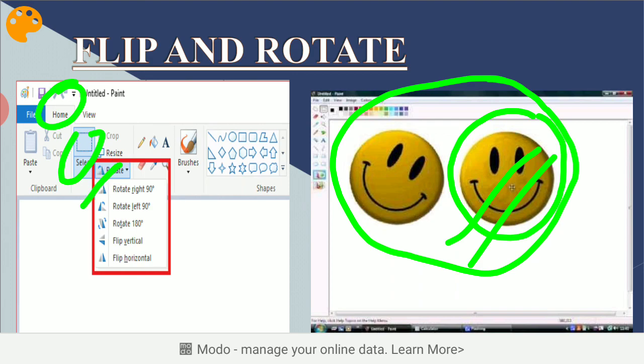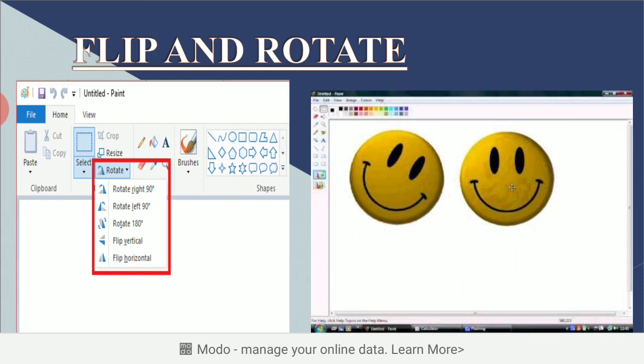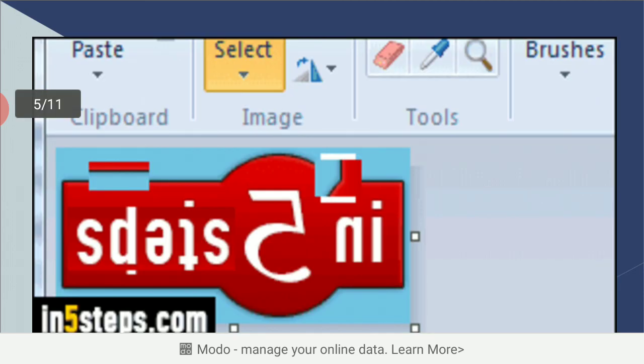You can rotate right 90 degree, left 90 degree, rotate 180 degree. Okay, so you can choose anyone and then click on rotate. So click on rotation direction you want. So in this example you can see your picture is rotated.